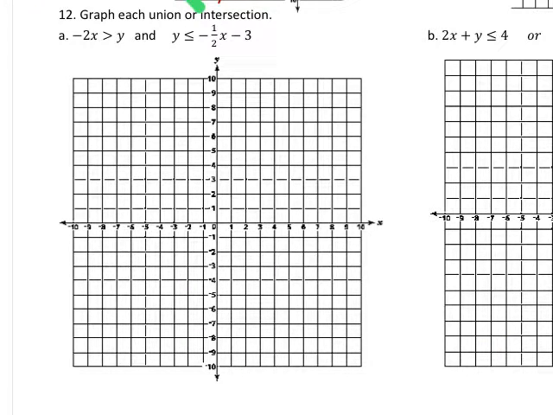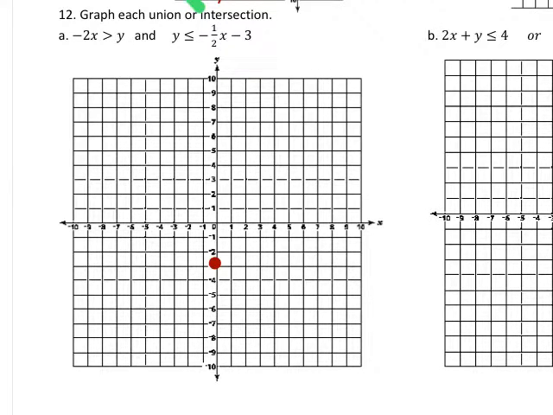All right, number 12, graph each union or intersection. Well, 12a, here we have these two equations, and the second one is already written in slope-intercept form, so we can start graphing that. We can see we'll have a y-intercept at negative 3, and the slope here is a